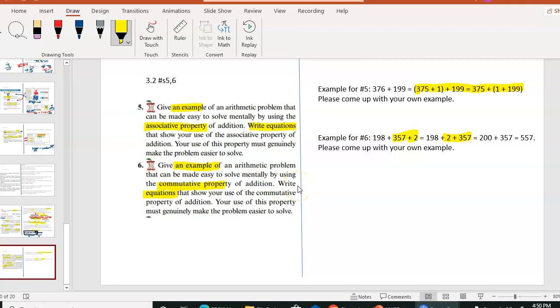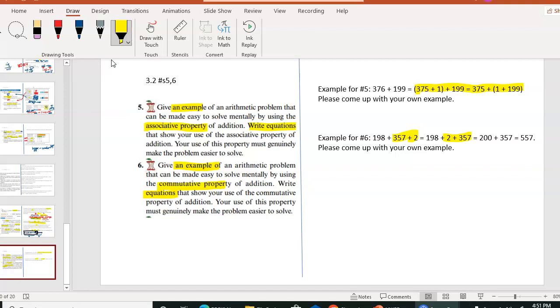Section 3.2, homework problems number 5 and number 6. So in number 5, they ask us to give an example. You can use numbers of arithmetic problem that can be made easy. So make sure your problem will make it easy to solve mentally by using the associative property of addition and